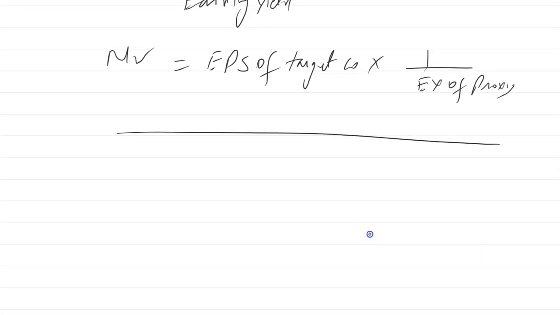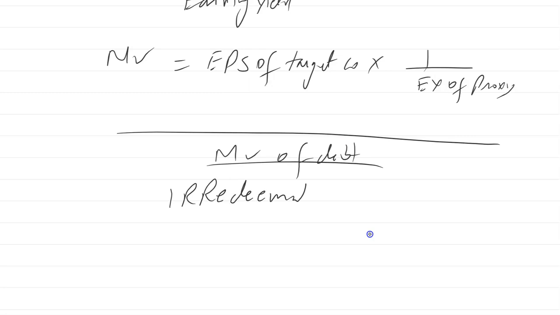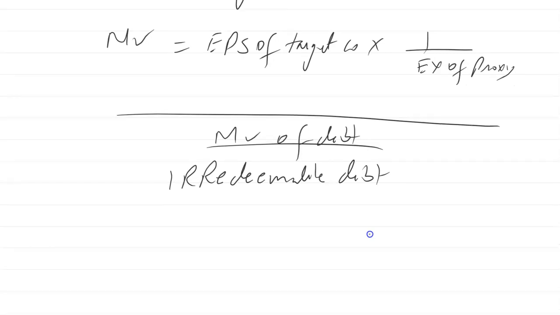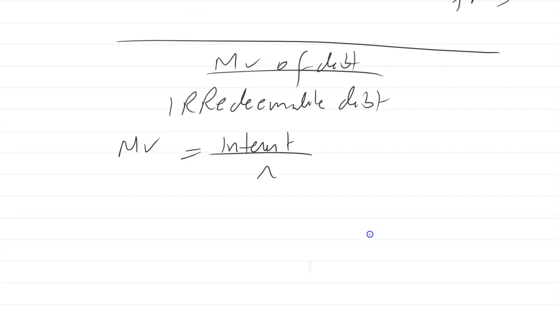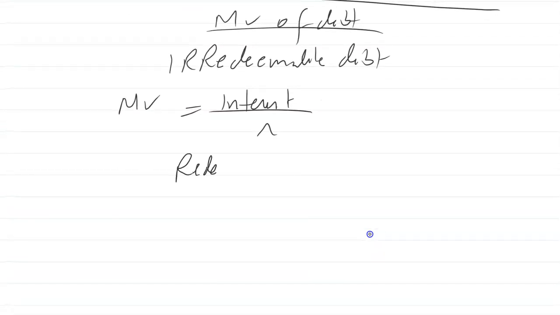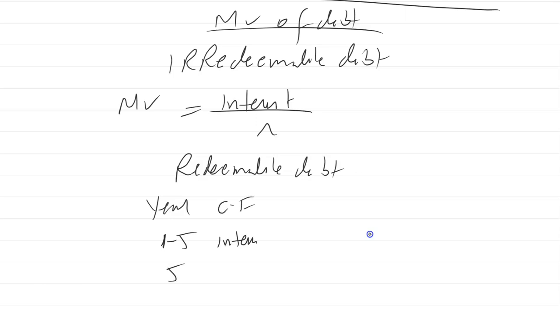Now, the market value of debt. First one, irredeemable debt. In calculation of market value, never ever minus the tax. Interest divided by required return is equal to market value. And what about the redeemable debt? You will have to make a pro forma. For example, 5 years. You will write the cash flow, interest, do not minus tax, redemption value, and discount these